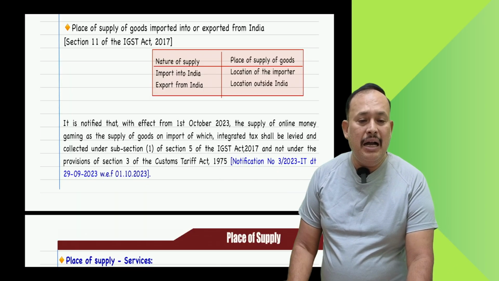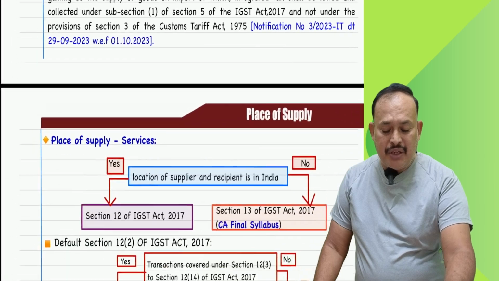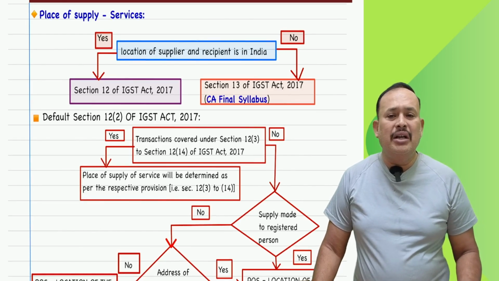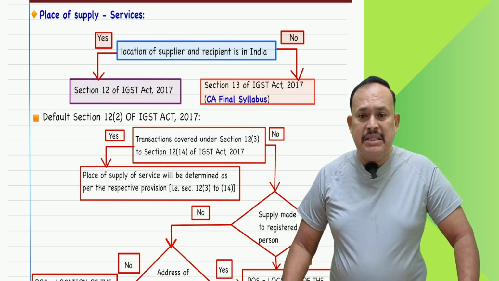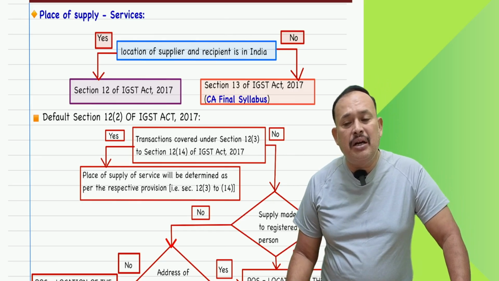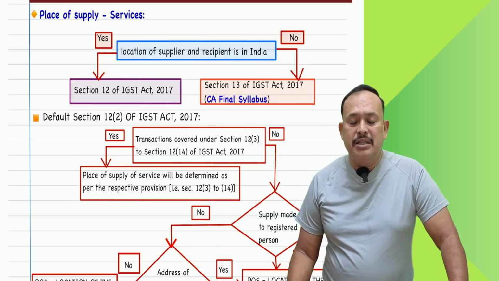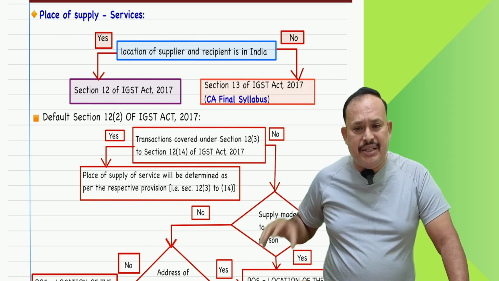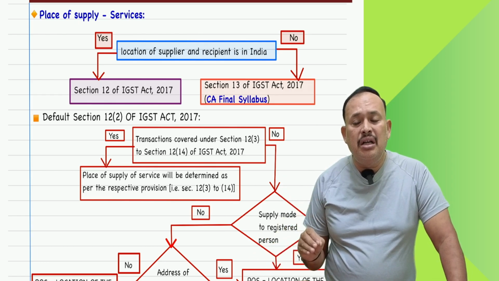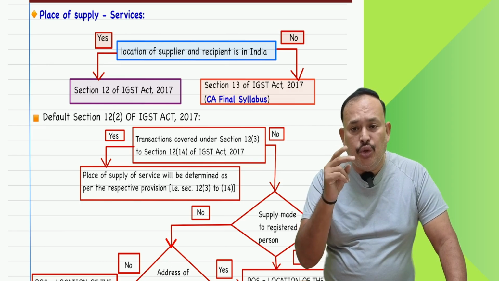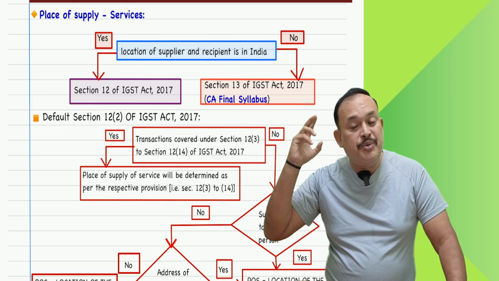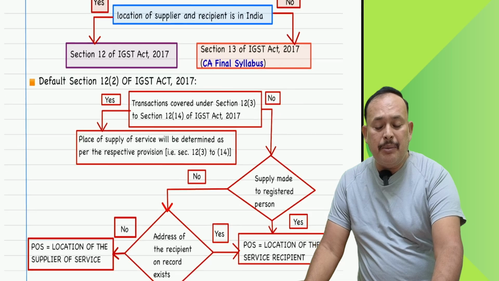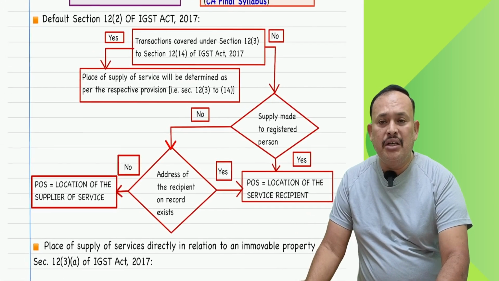In this regard, I am bringing to notice the place of supply of services. If you refer, my dear sir, section 12 subsection 1 says place of supply in case of supplier of service and recipient of service from India. Refer to the section 12 series. We have section 12 subsection 2 to section 12 subsection 13. There are 13 subsections. The first and foremost I am referring to here is a default provision, section 12 subsection 2 of